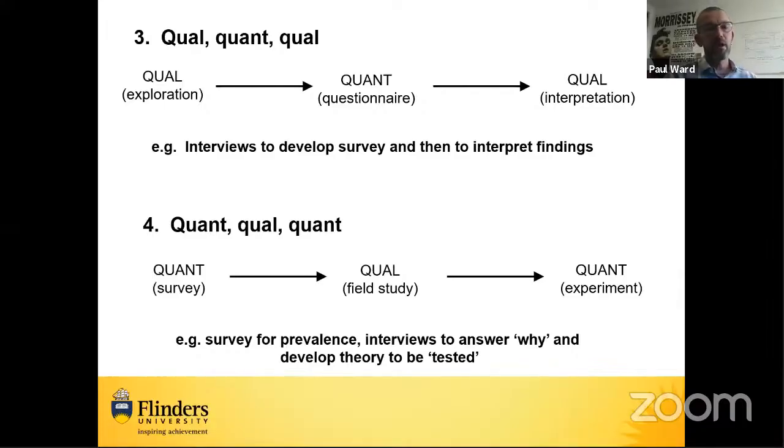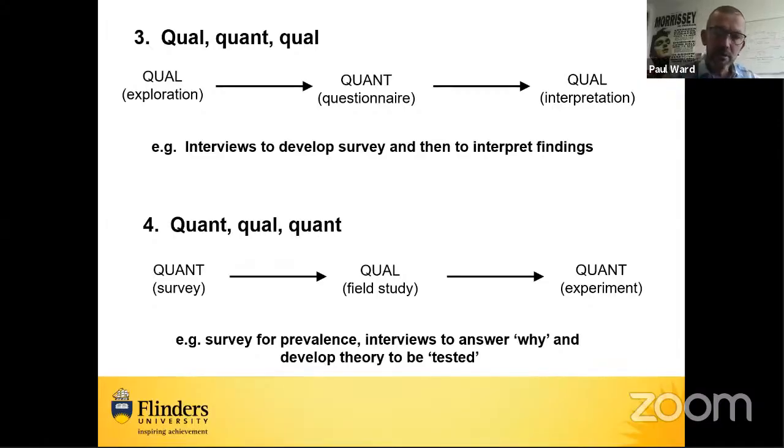So you might put that out there into the population. On the basis of that survey, you may then do a qualitative study to try to make sense of how might we make sense of that? How might we interpret those data? You might use that in order to develop what you think is an appropriate intervention. So use a qualitative study on the basis of your survey to develop an intervention, and then do a quantitative